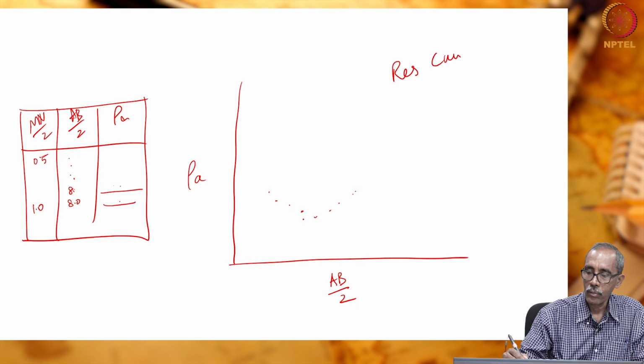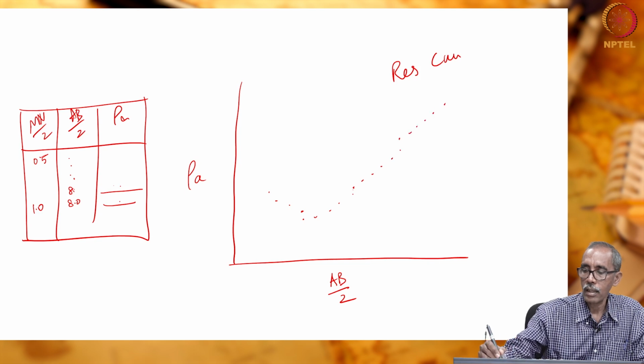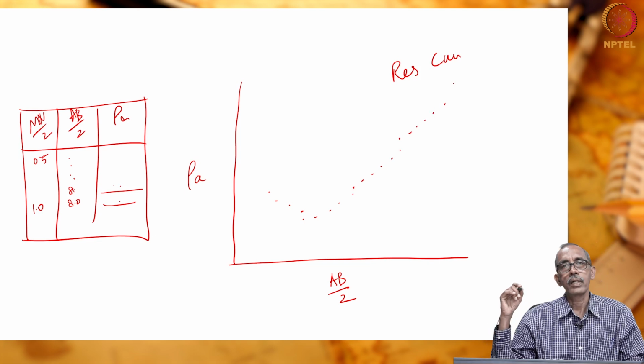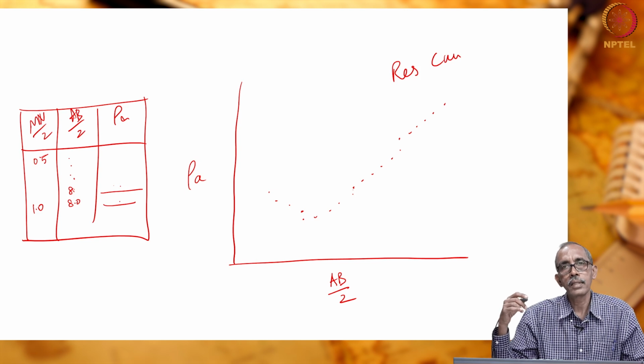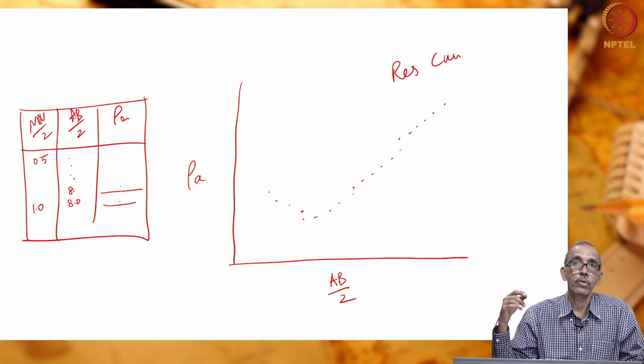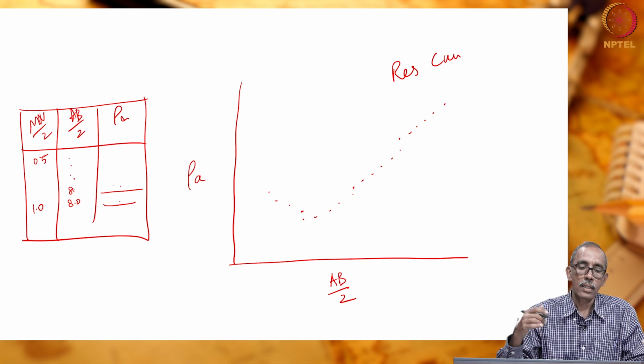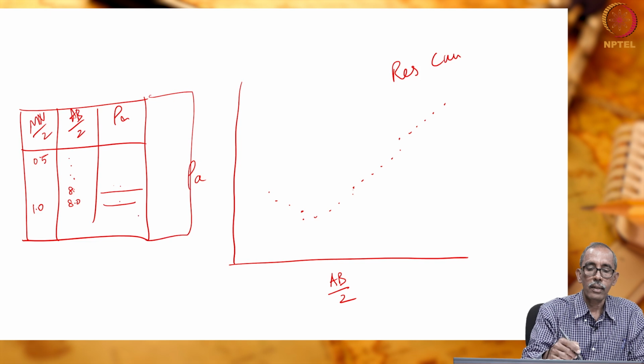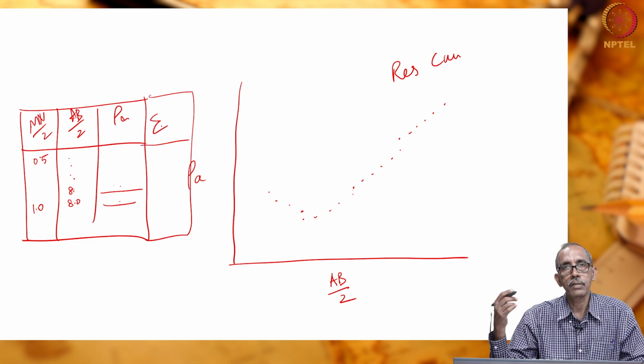Then we are moving the potential electrode. See here it may be a little bit higher also, next to 4. Then we have changed the potential. This is how our data points will get plotted. So, this is what is known as the resistivity curve. This curve is interpreted with different techniques I explained to you previously, right. Instead of this you can also convert this into some cumulative frequency. In that case the method is the inverse slope method.